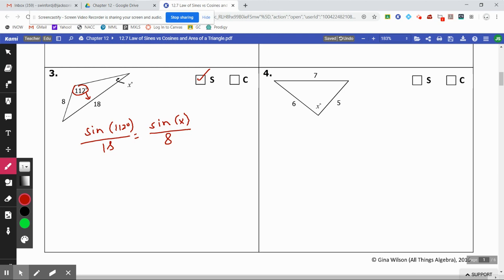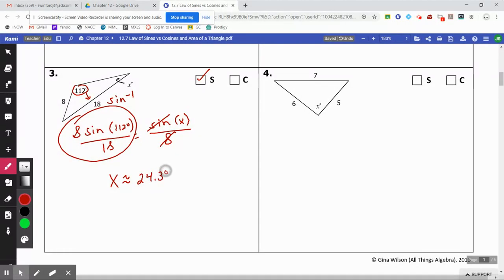To get x by itself, you're going to move the 18 over, type all of this in. Then, to get rid of the sine, you'll have to do inverse sine. And once you do that, you're going to get that x is approximately